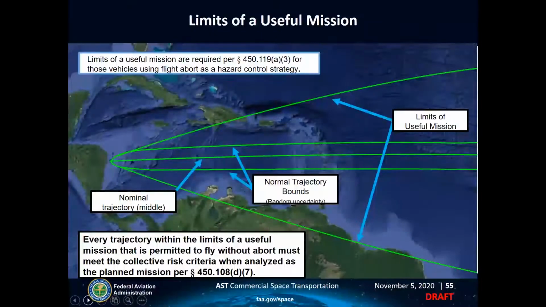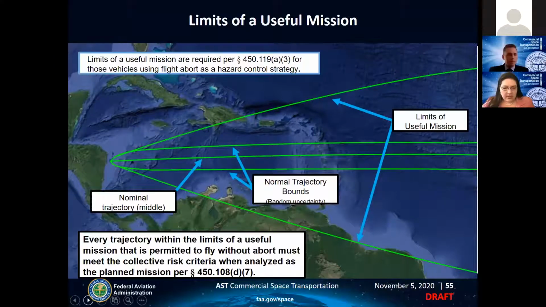So we'll pause here as we go through Section 119 to address limits of a useful mission, as this is a relatively new concept. This topic had been briefly addressed by Tom Ricketson earlier in the flight abort section of the workshop. A useful mission means a mission that can attain one or more of its objectives. And as stated on the previous slide, the FAA does not consider the collection of data related to a failure to be a useful mission. Limits of a useful mission means the trajectory data or other parameters that bound the performance of a useful mission,